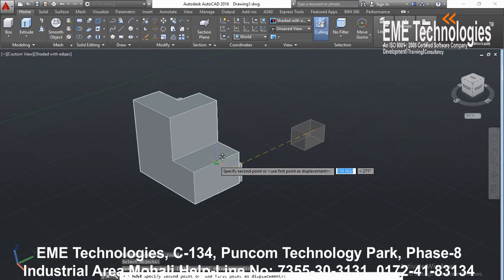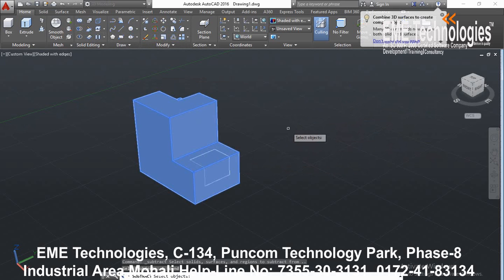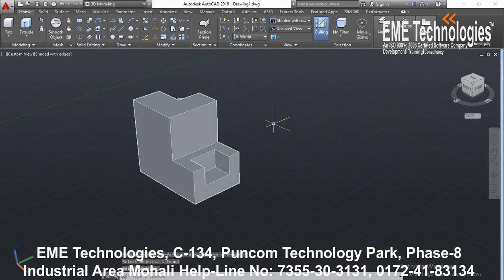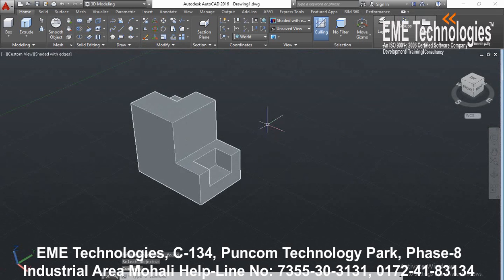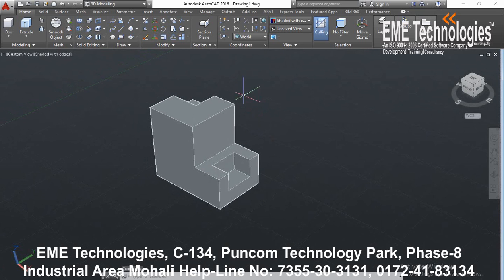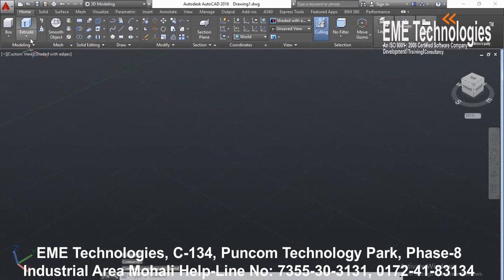I am going to select the subtract tool, select the first part, enter, then the second part. If that part is not selected, click on the edge also. Now a tool is created. This is a first basic, beginner's point of view model exercise that I have created, with the help of which you can create objects. And then we are going to the next level, complex exercises also. I am going to delete this tool. Next option is